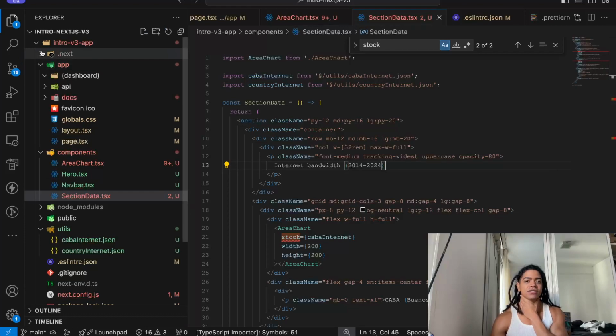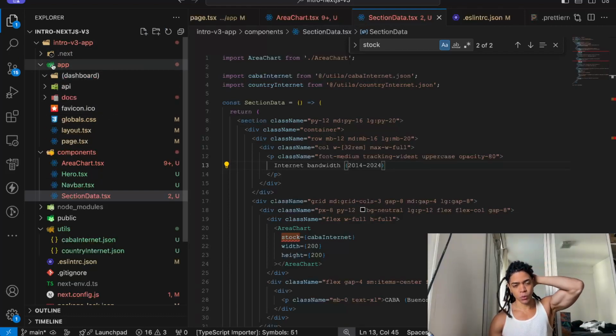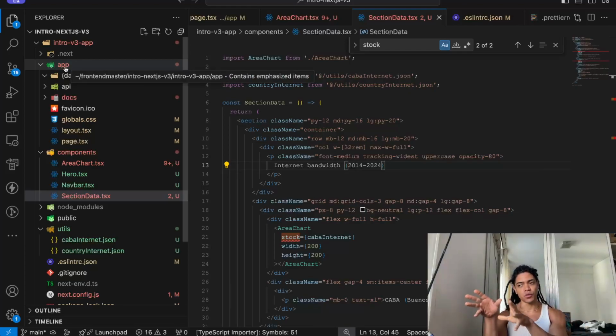So Next has the following architecture here, where whatever you define inside of your app is going to be used as a new feature from React 18 called React server components. So by default it treats all of the server as rendered by the server.